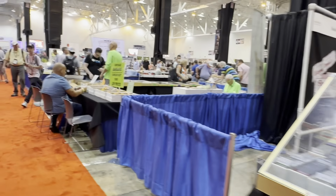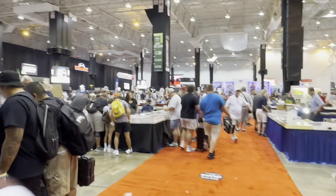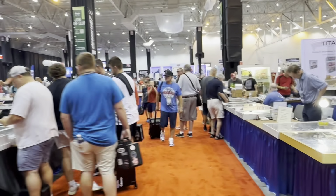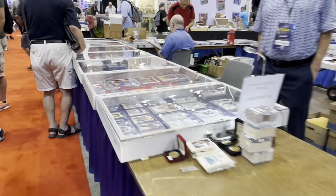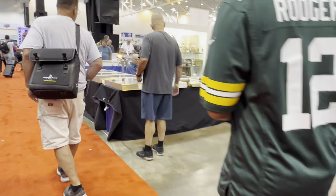This guy is taking a lunch break, having his wife and daughter work his booth, it looks like. I feel like at the National, if you are ever going to sell there, you need to have a whole staff. I don't know if it's going to be your family or you get some friends together, but I feel like most people had at least 4 or 5 people working,